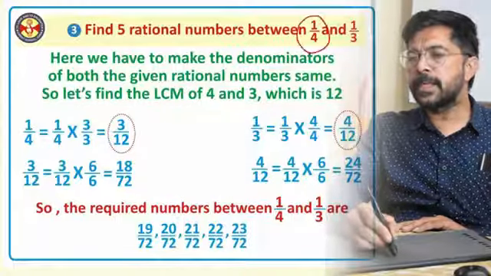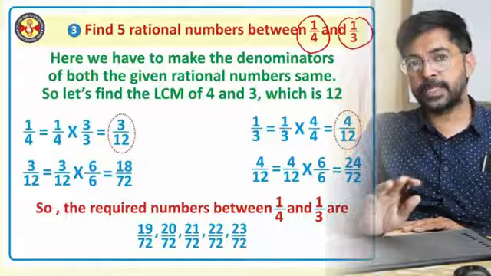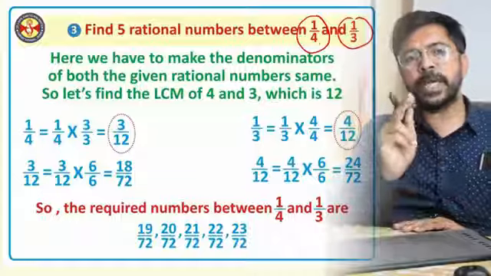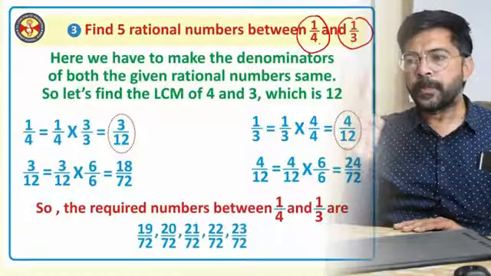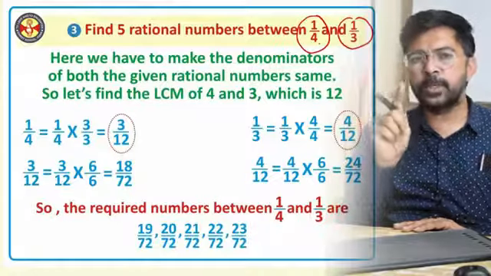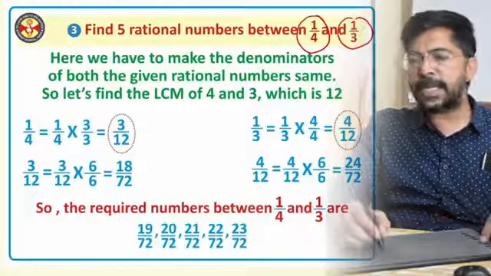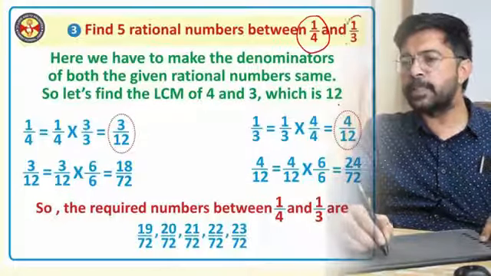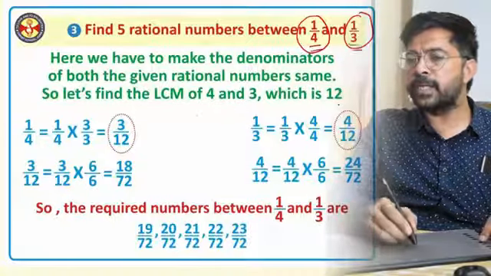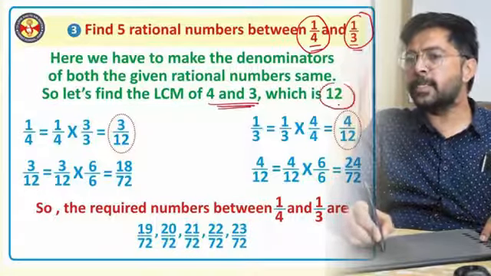So now in this situation, when the rational numbers are given with different denominators, let us make the denominators common. We discussed that in all the situations, every time the denominators must be the same. So here 1 upon 4, 1 upon 3, the denominators are not the same. So we have to make the denominators the same. For doing this, we must take the LCM of the denominators. So here in these two rational numbers, the denominators are 4 and 3. And the LCM of 4 and 3 is 12.